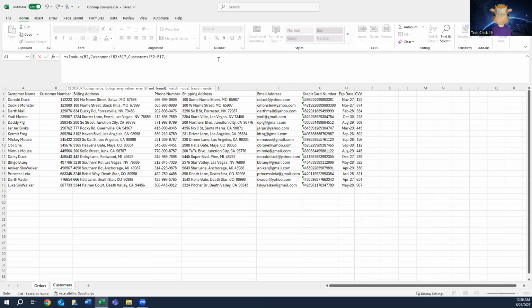So, if it doesn't find that value, we want it to return "shipping address not found." Just a simple message, comma. The next value